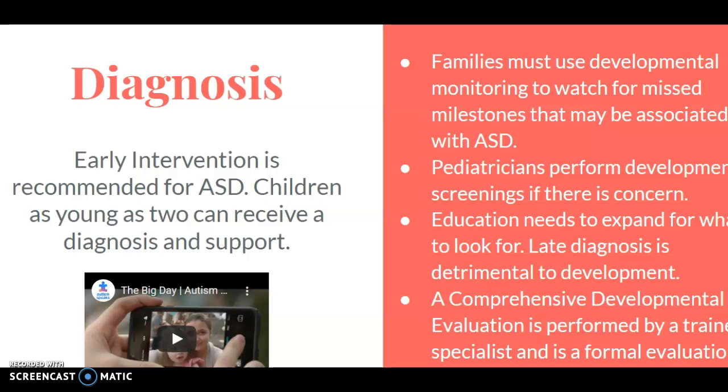Developmental monitoring is what families can do to understand where missed milestones could happen, and also what development looks like. Pediatricians can do screenings, and they should do screenings. Also, population education is really important for people who are not understanding of what autism spectrum disorder looks like. They will be less likely to talk to their pediatrician or other healthcare professionals about screening, and therefore, if a diagnosis comes, it could be a late diagnosis, which puts a child's development back.